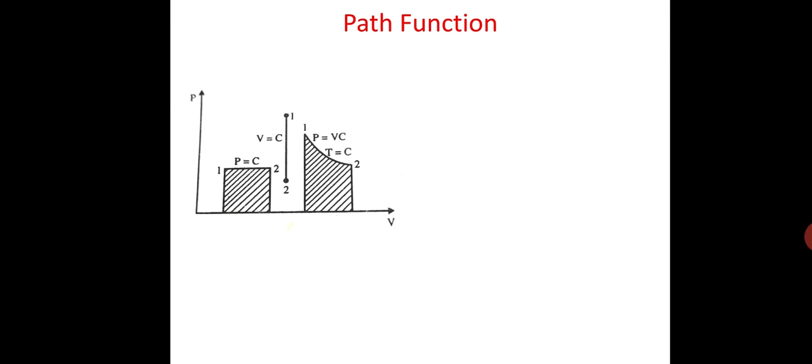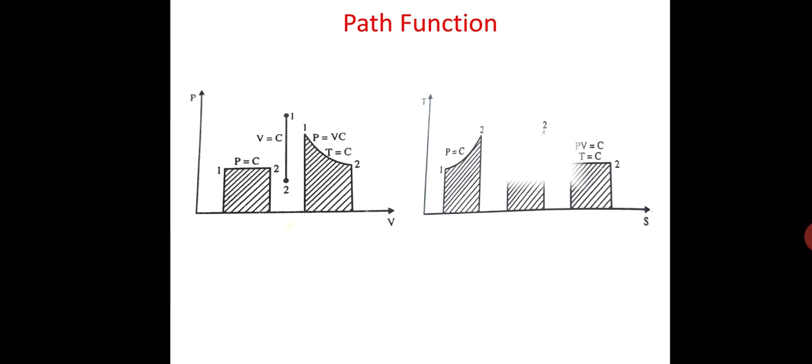Now see the diagram. The quantities like heat and work cannot be represented by a point on the thermodynamic plane. They are represented by the area under the curve. Heat is represented by the area under the curve on the temperature entropy, or TS, diagram. Work is represented by the area under the curve on the pressure volume diagram, or PV diagram. See, on the PV diagram the work is represented by the area, and on the TS diagram the heat is represented by the area. Now see both figures, the PV diagram and the TS diagram.